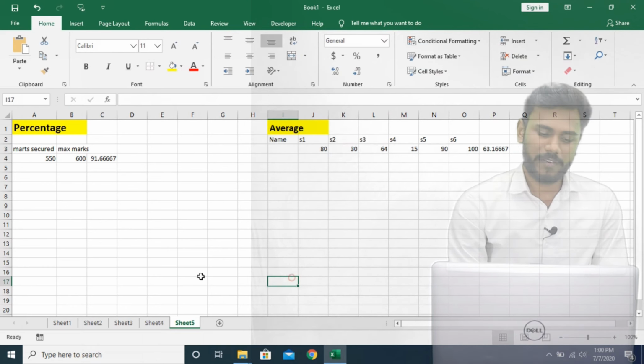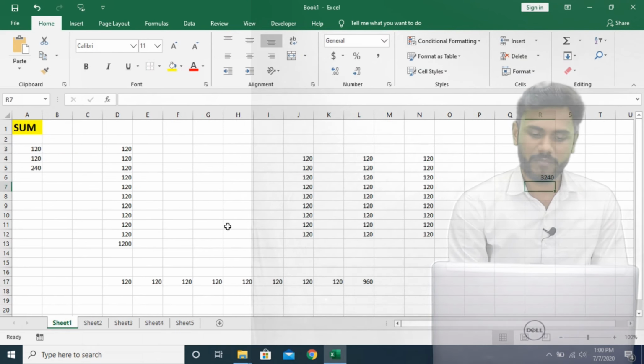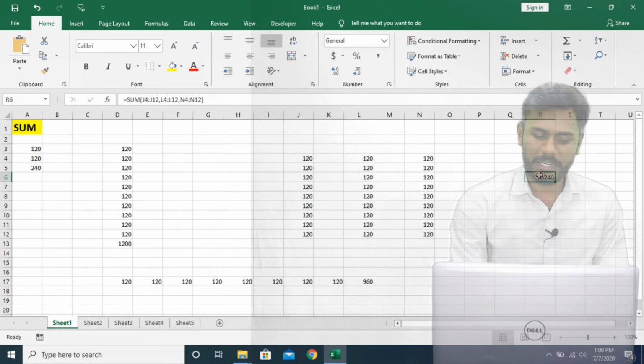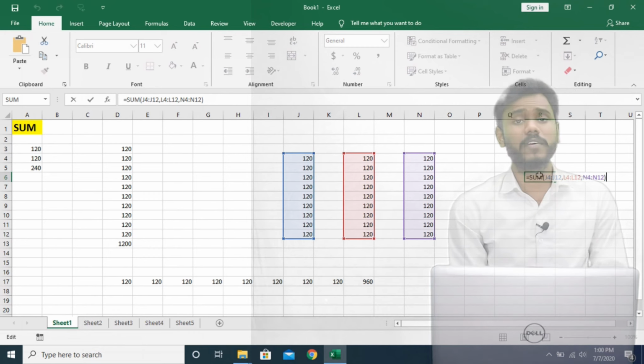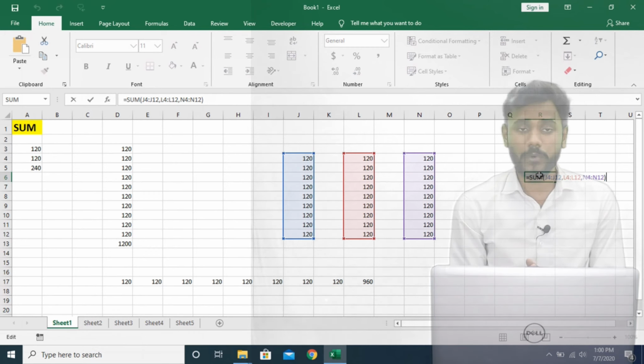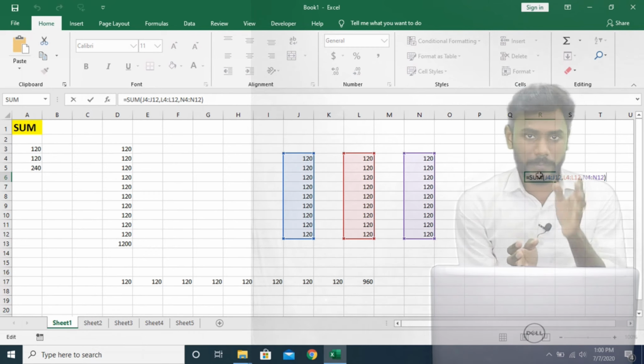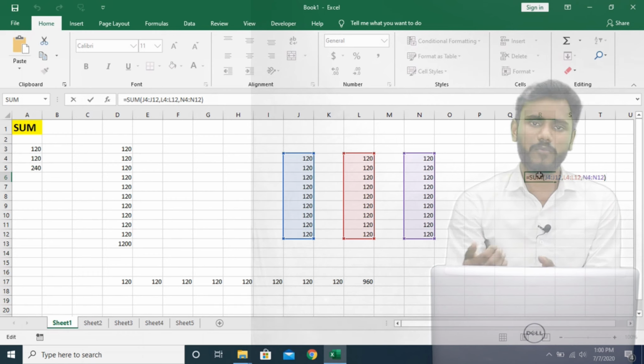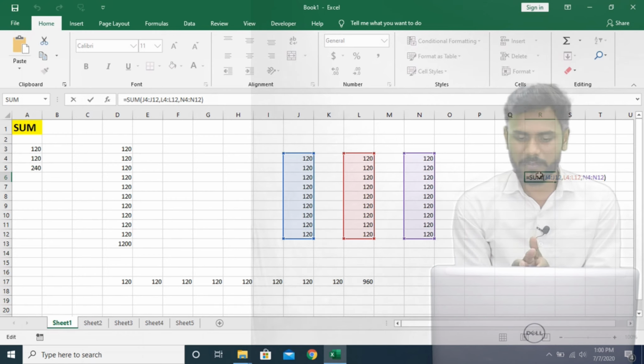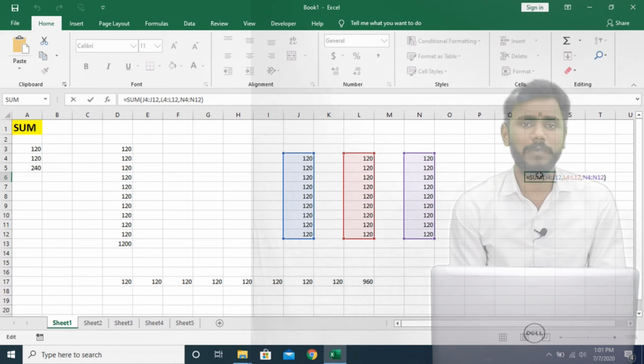And again if you want to know the formula of sum, also activate the cell first and press F2. Whenever you press F2, the system shows the list of inputs along with the formula. So in this formula we have taken inputs from 3 ranges, and the formula is equals to sum, range number 1, comma, range number 2, comma, range number 3. So this is how we work in Excel. Thank you.